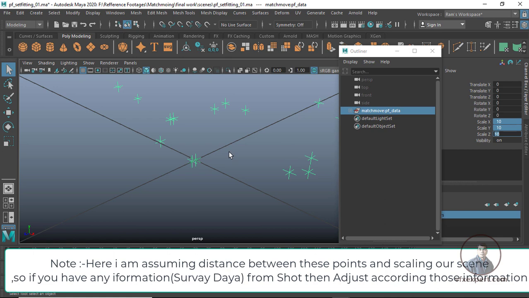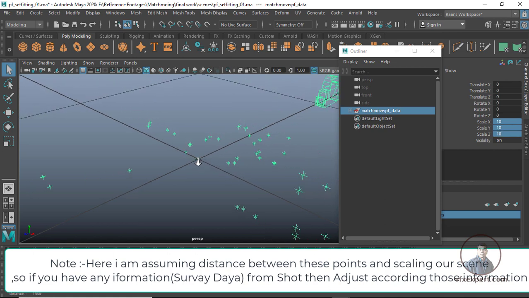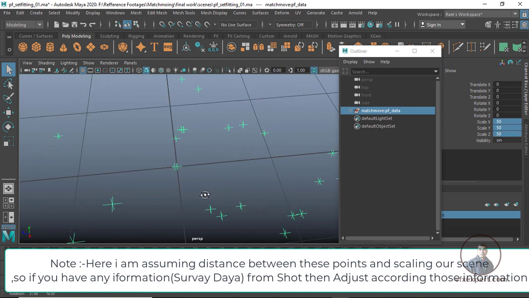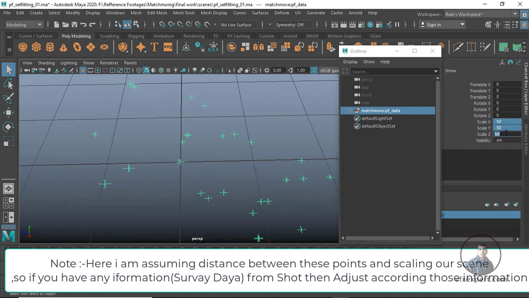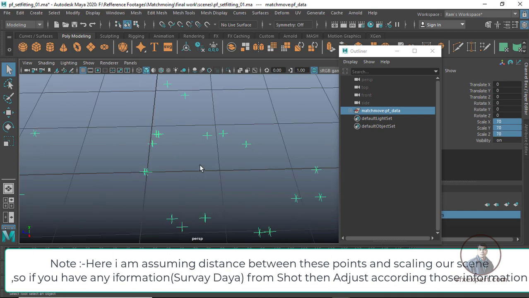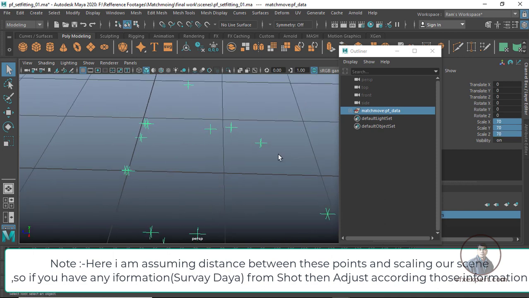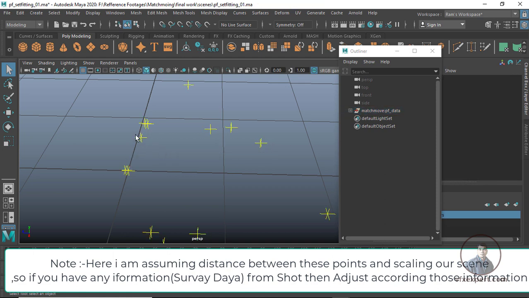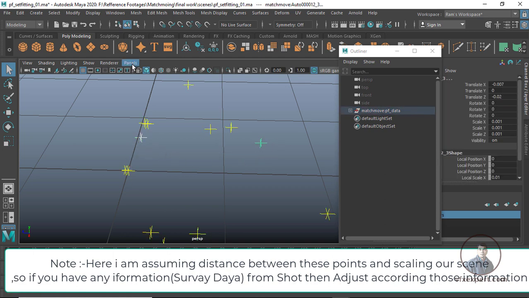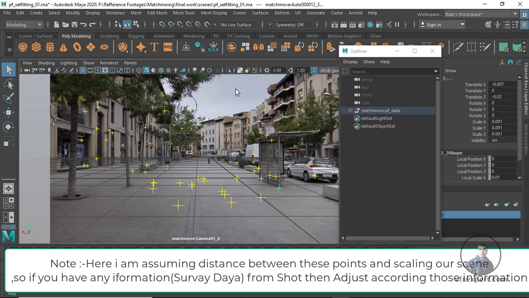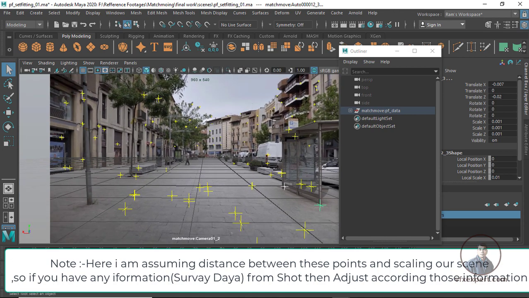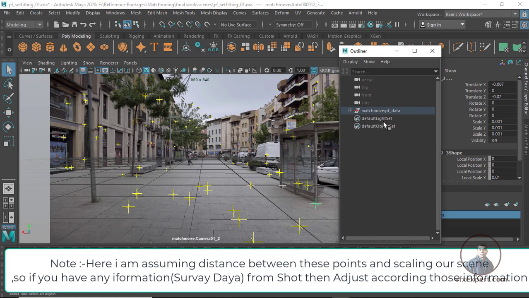Still not looking good, because you are working in meters. This is important. Now after this, adjust this one a little bit and maybe type 50. Maybe this is it. Now judge a little bit here and type around 70. Now here you will see, I think this is sufficient. So these are our 2 points, this one and this one. Now check in camera view. I think we have selected the correct points. Now till here we have successfully adjusted our scene scale.